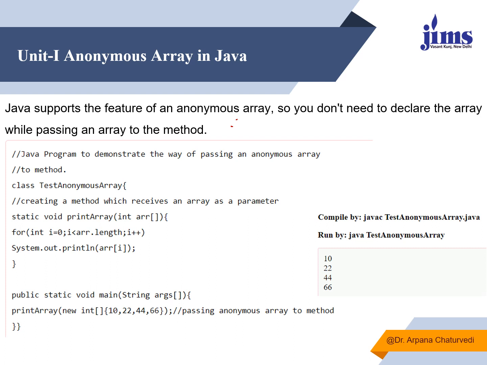But when these values get passed to the called function, these values get stored in arr. Here is the name of the array. So when you pass, the values get stored in arr, and we can access all the different values making use of the name of the array, that is arr, and different subscript positions.